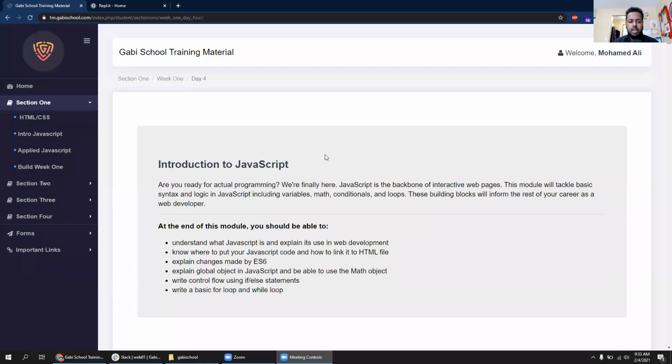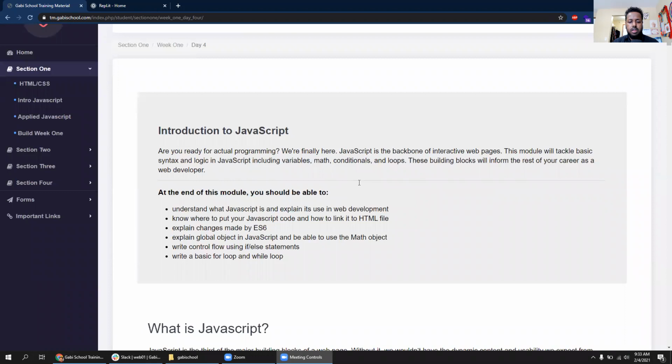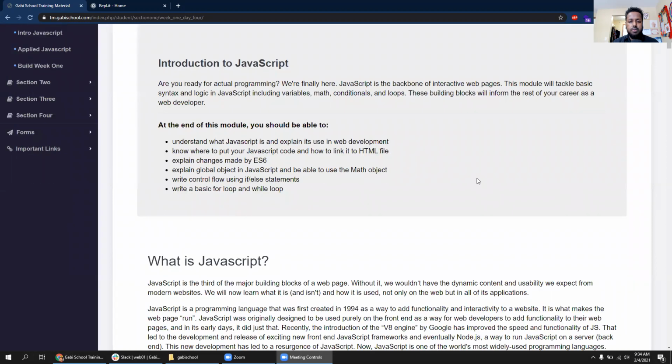So let's get started. JavaScript. JavaScript is our first programming language. It is the backbone of the internet. It's the backbone of all the websites out there. It's basically connected to the browsers, just like HTML and CSS are connected to browsers and work with browsers. JavaScript is the same. JavaScript is a very powerful language when it comes to web development, and especially these days with